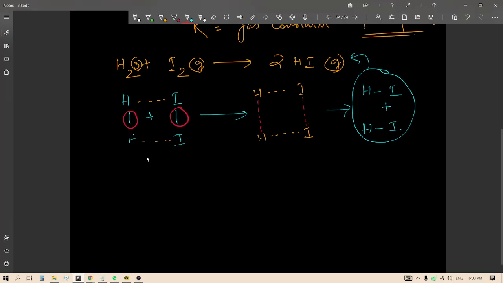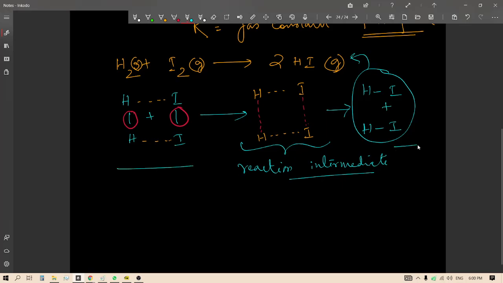According to Arrhenius's theory, when reactants are kept together in a container, in order for a reaction to happen, the reactant molecules collide with each other. When the reactant molecules collide, after a particular time period, they form a particular complex which is called the reaction intermediate. Why is it called intermediate? Because it is formed exactly midway between the reactant and the product. And reaction intermediates are always unstable. They cannot be stored. They are formed from the reactants and they break down to form the product.